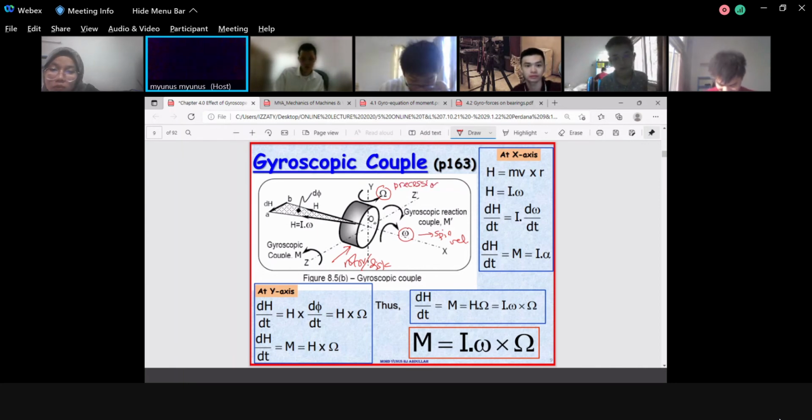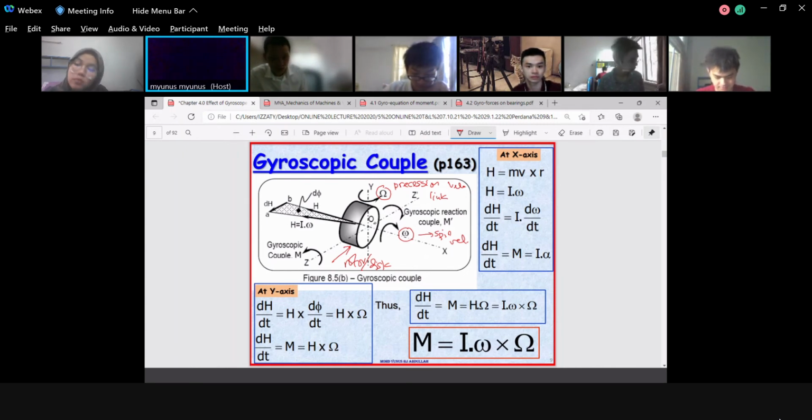Precession velocity. If you read my Malay books, this one we call liuk. I also have American information in Malay, which you can get in the koperasi. I don't know how much it is. We call it halaju liuk. This one is halaju spin, the spinning, putaran. Okay, now this is the precession velocity, and this one is the spinning velocity.